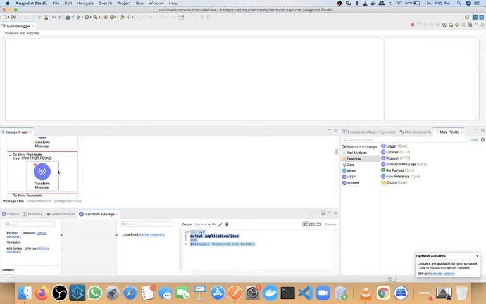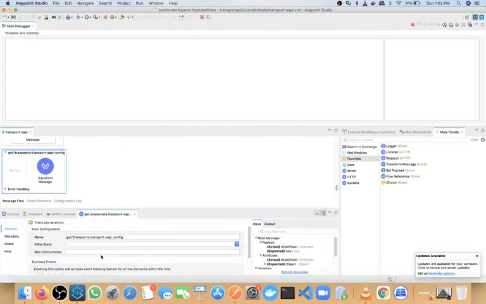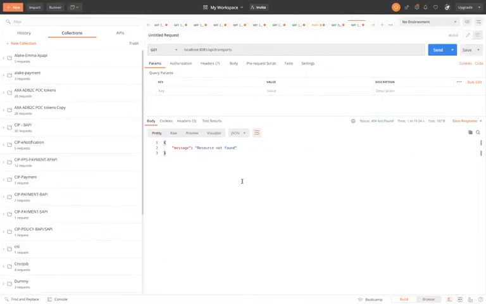For that I need to check what my resource is here. In case of get, actually if you remember, last time I explained this, I made a spelling mistake here, and instead of transport we have transpose. Okay, some spelling mistake is there. So what I will do is write the same resource name here. We can update that also and make it correct, but for now we will go ahead with this only. Now my resource should be available. So I am passing localhost 8081, I am passing this path also, and the resource name also.